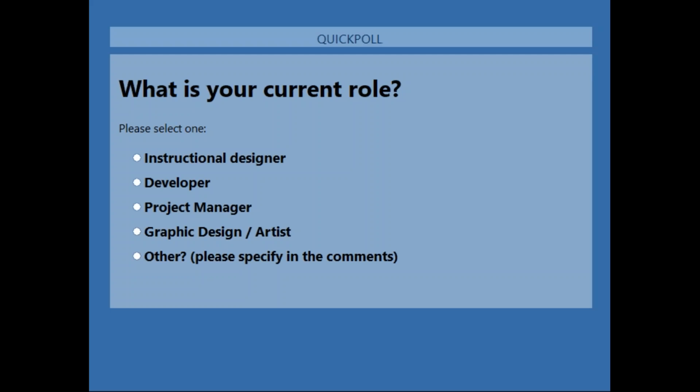So I'll let you all answer that. Basically, I just wanted to point that out. I want to get a feel for what you all as the audience feel your role is. And again, if it's not one of the ones listed, just throw in what your title is. The titles to me are not necessarily the important part. What I want to do is get a feel for all of your perspectives and your focus. So I'll let that run just for a few minutes. Paulina, please jump in a moment and let me know when we have some of the answers so we can talk about it.